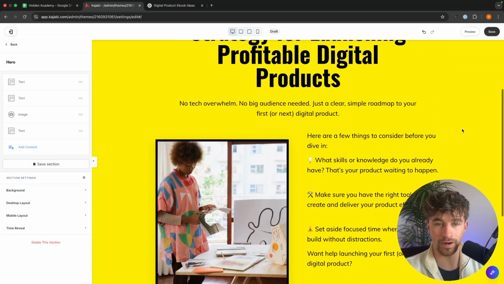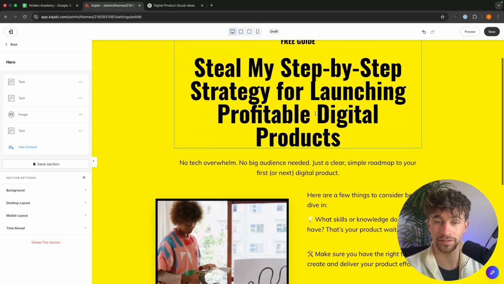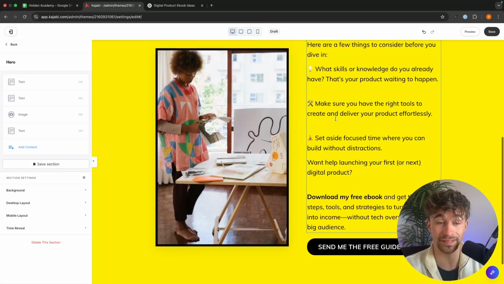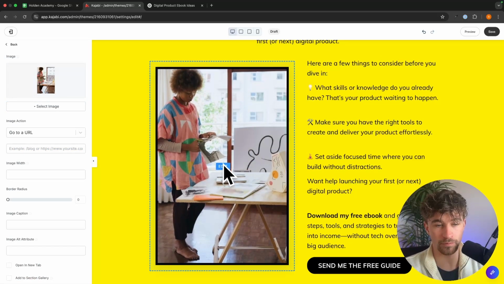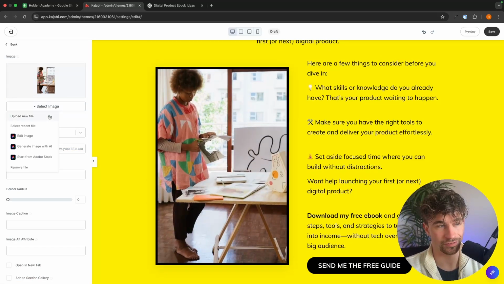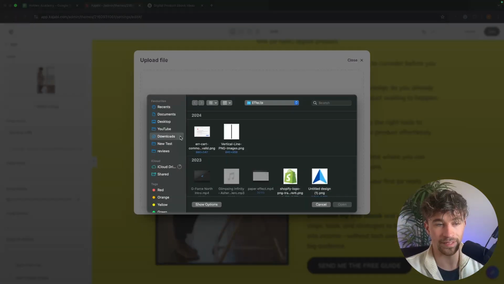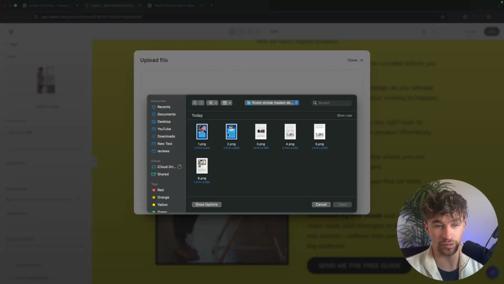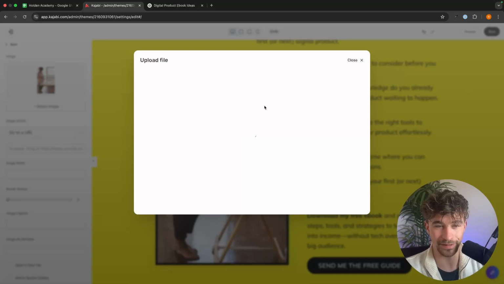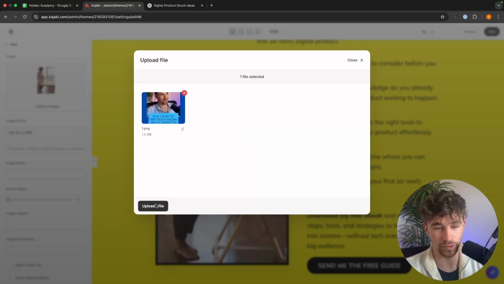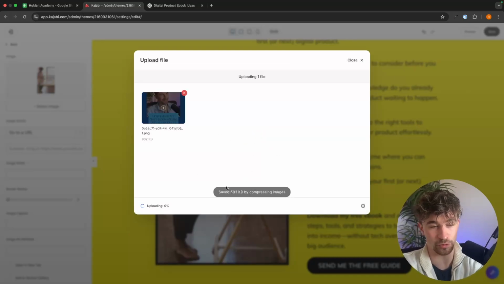So in here, I now have this all created and customized. This is customized to my own text and it now fits my product. And then in here, where this image is, all I'm going to do is click on edit, select image and upload a file. And then all I'm going to do is go into the images that we grabbed earlier, and I'm going to drop my image in. The first image of my ebook, we can upload the file, and this is now going to be dropped in